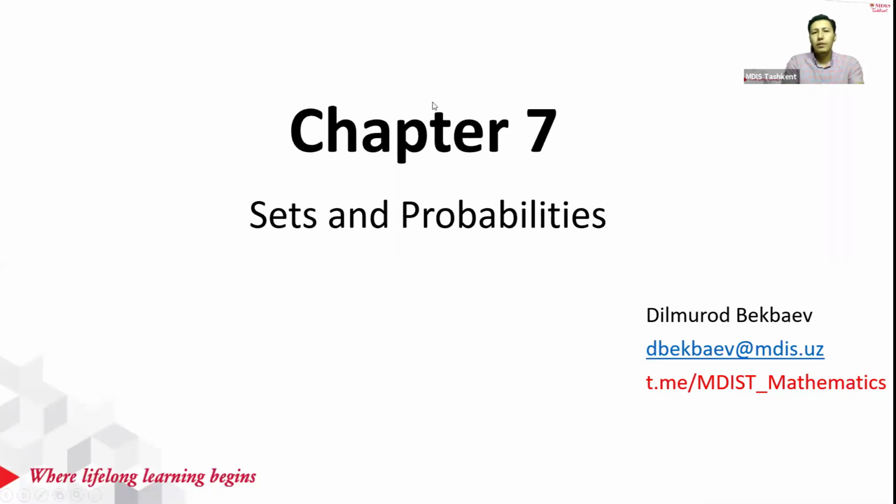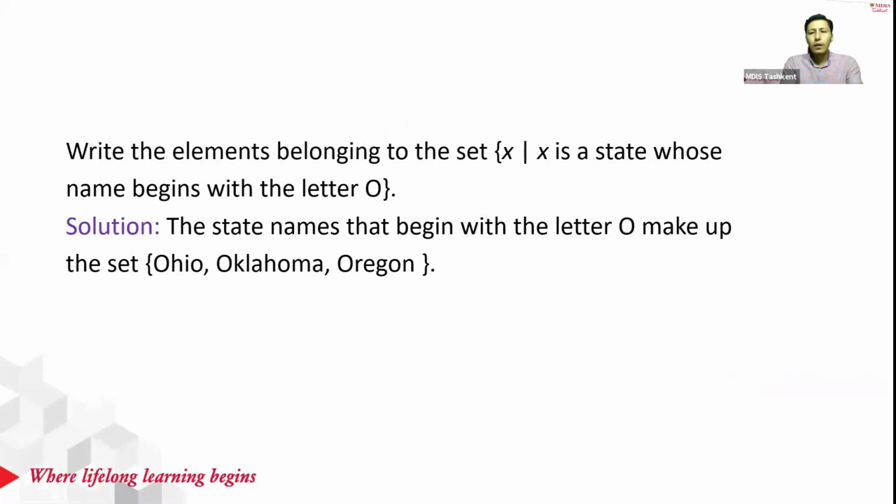Chapter 7, Sets and Probabilities. So let's start with sets. A set is a collection of numbers, letters, or anything. So for example,